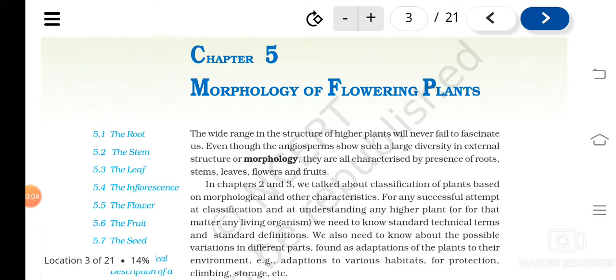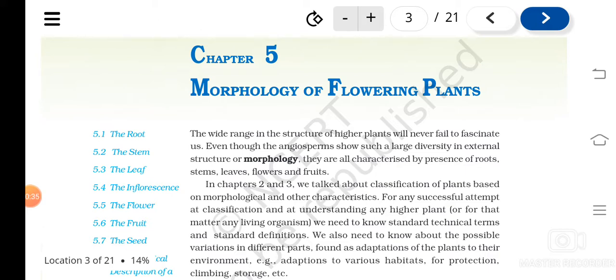So we have completed the fourth chapter, and the next chapter is morphology of flowering plants. So what do you mean by morphology? The study of external characters, external features, is known as what? Morphology. So in plants, what are the external characters or structures? When we study the external characters, we have to study the roots, stems, leaves, flowers,